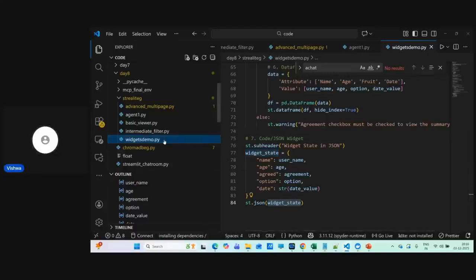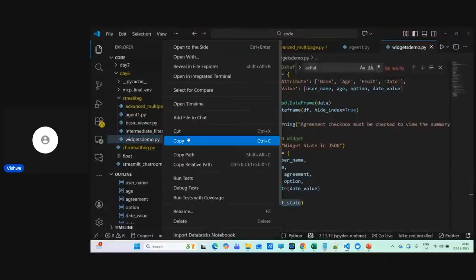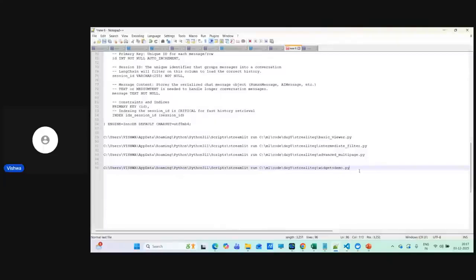So if I copy this, now to run this, you will have to go to Streamlit. In my machine, Streamlit is installed at this particular location, correct? So I will have to copy this. In your machine, wherever the Python scripts are, there Streamlit will be present. If you want, you can add it in the environment variable. If you add it in the environment variable, it will always be available. Okay. So we can do streamlit run, and within that, give the path. If I copy this,